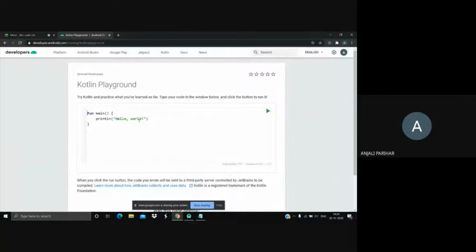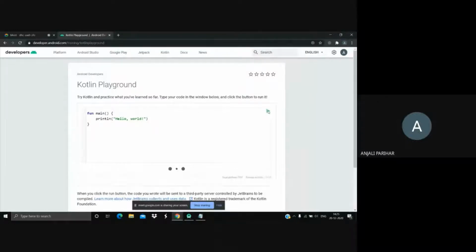This is the default function we have in this playground, and this is for the very beginners. We have this fun keyword here, and it suggests that this is a function, followed by the function name main, and we have these brackets. Since the brackets are empty, we don't have any parameters inside. As the curly brackets start, we have a function body. We want this function to print a value for us, and that is Hello world. You might already know that it would print this.